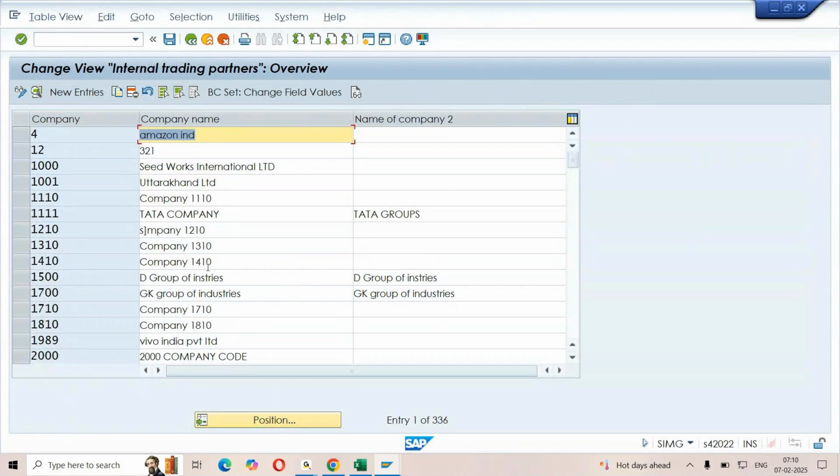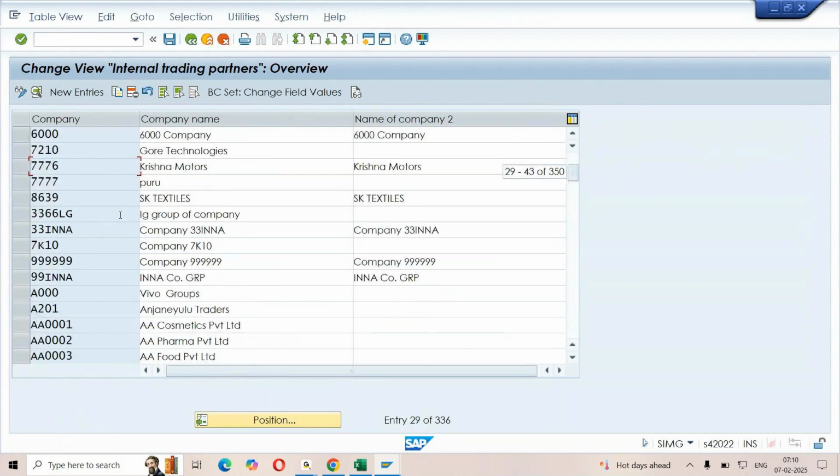Each entry is going to be represented by a code, and this length is going to be differing for different organizational units. For company, the length is of maximum of 6 letters. For company code, 4 letters. For sales org, 4 letters. For plant, 4 letters. For distribution channel, 2 letters. We have length restriction maintained.